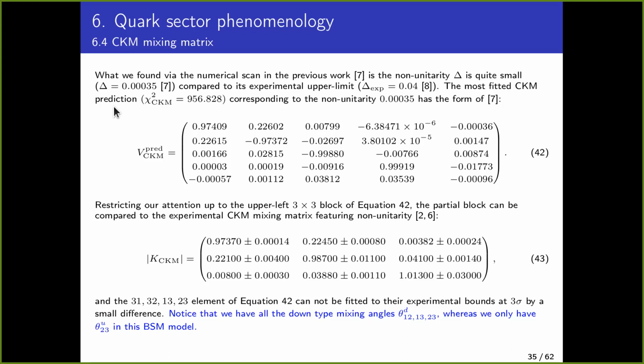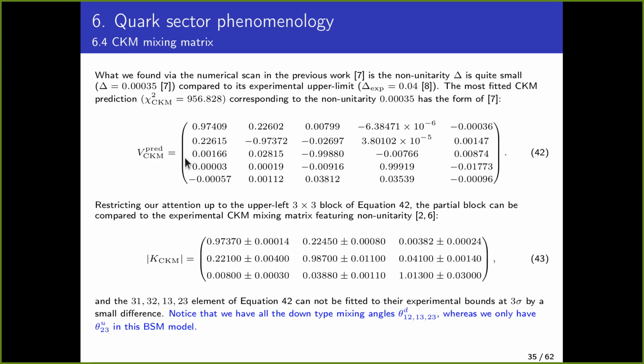So the best-fitted CKM prediction, we take this one, and as emphasized, we don't have the up-type 1-2 and 1-3 mixing angles. Therefore, our CKM prediction is an effective approach. That is the reason why the fitted chi-square function has a very large value, because we don't have the 1-2 and 1-3 up-type mixing. So it gives rise to this CKM prediction, and we consider our attention up to this 3 times 3